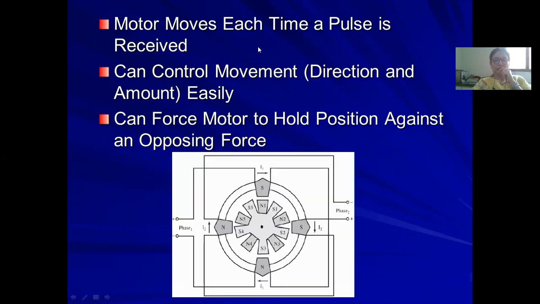So this is the internal construction of the stepper motor. It consists of a rotor followed by a stator. This tooth-like structure is nothing but the shaft, where the shaft is made in terms of teeth, and the stator is the outside part of the stepper motor. Here it consists of some magnets, where the magnetic effect is induced by passing current inside the stator.